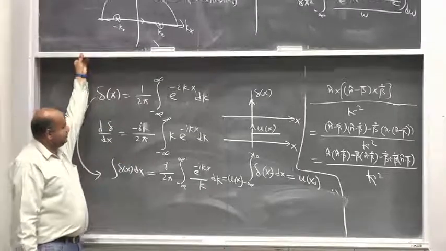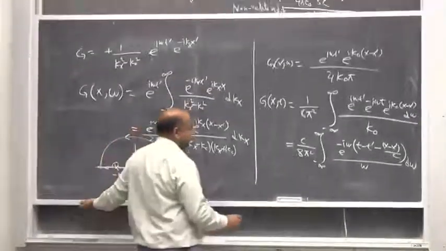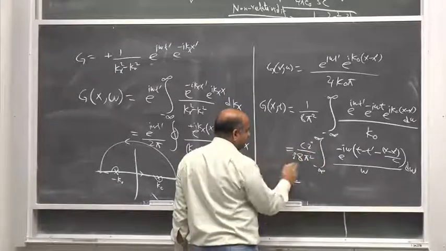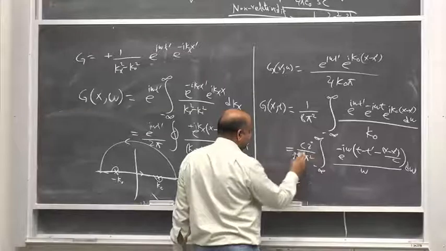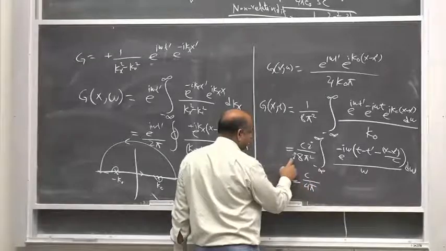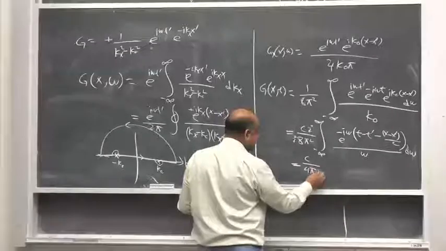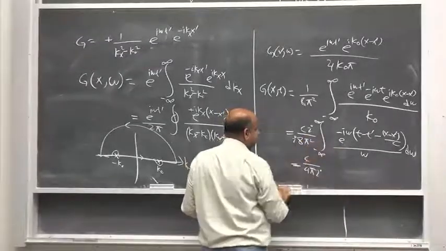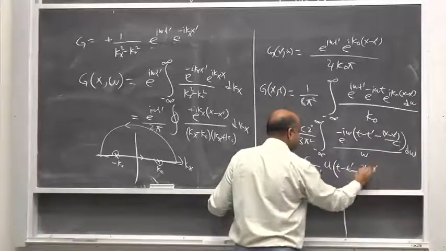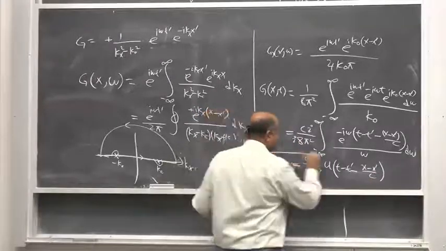अब इसकी मदद से you can see iota over 2 pi into this is unit step. So let's put an iota here, an iota here, और यहाँ से 2 pi भी आप अलग कर लें, so you get c over 4 pi, ये iota नीचे रहेगा, ये iota और एक 2 pi इसके साथ मिल जाएगा, and we get a unit step of t minus t prime minus x minus x prime. तो ये आंसर आना चाहिए।